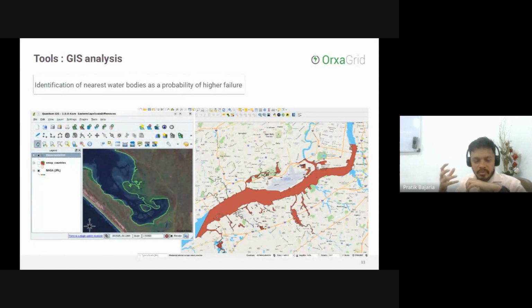Now, in order to build the ingress into the system, you need to be sure of where the water bodies are lying. If you want to understand where the water bodies are lying, one of the easiest ways to get this mapped into your system is implementing Google Maps or Open Maps or anything of that sort, which allows you to understand where exactly the location of a water body is vis-a-vis the placements of the cable or the feeder lines. So what we do in OrxaGrid is that additionally we give you a layer of getting the geographical